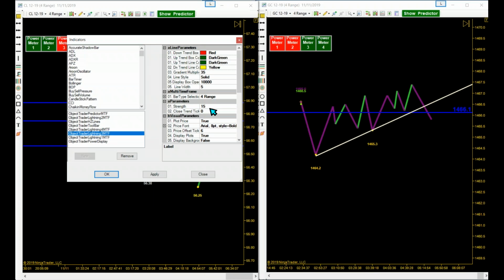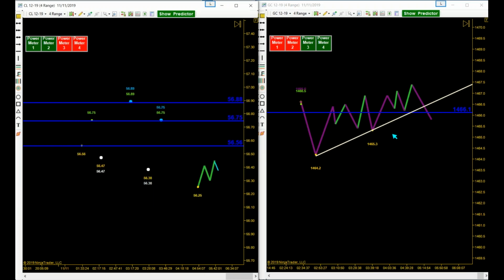Now that doesn't mean it takes 15 bars to get a swing. It just means that it's 15 swing strength, and there's an algorithm in it that goes beyond a certain point, and you get higher lows and things like that. There's algorithms in it that tell it when to draw that, and it's really accurate. But you don't use it to get in the trade because it's going to draw later, but you use it more to get, well, for instance, let's say